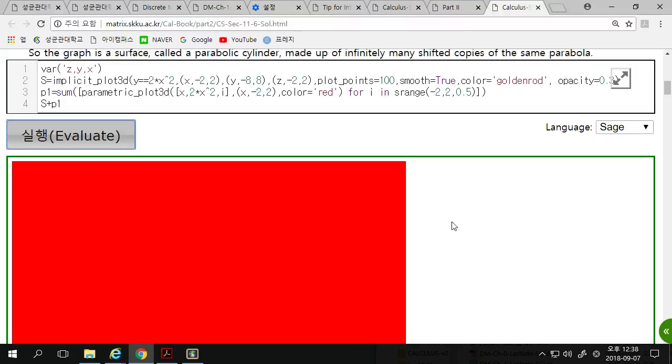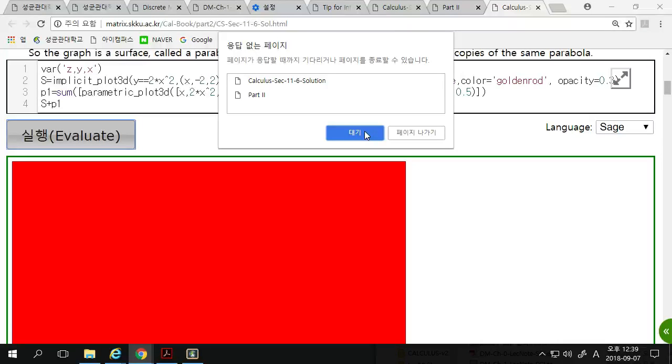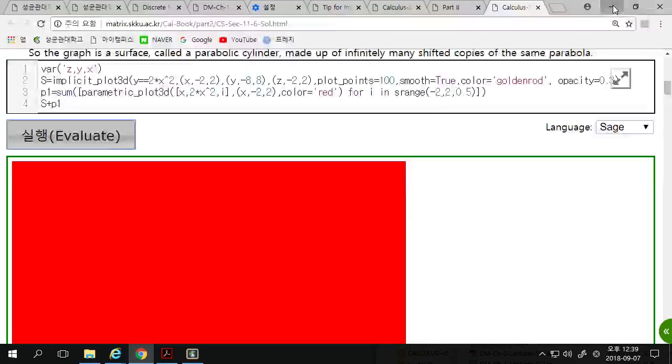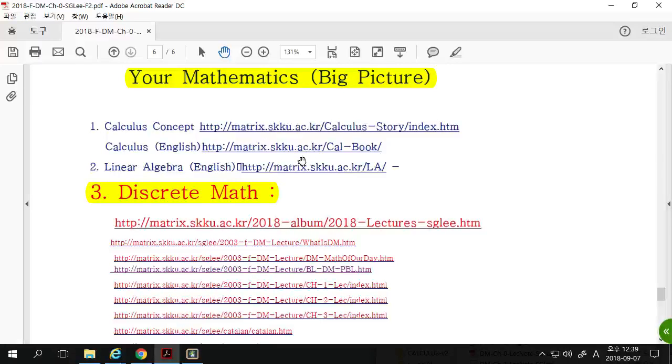You must have learned the double integrals and others, the line integrals, and you can find the surface areas, and you should be able to draw 3D images of functions with two variables. Okay, anyway, you must have learned calculus, and some of you must have learned linear algebra before or after